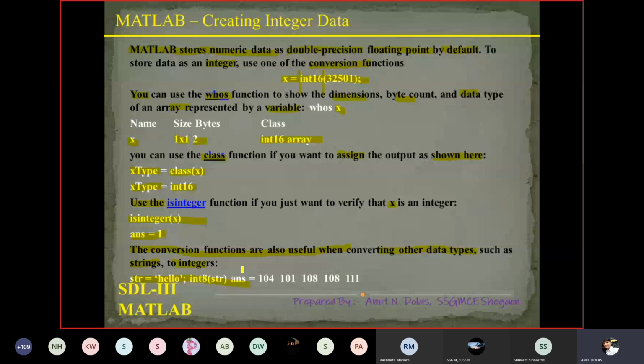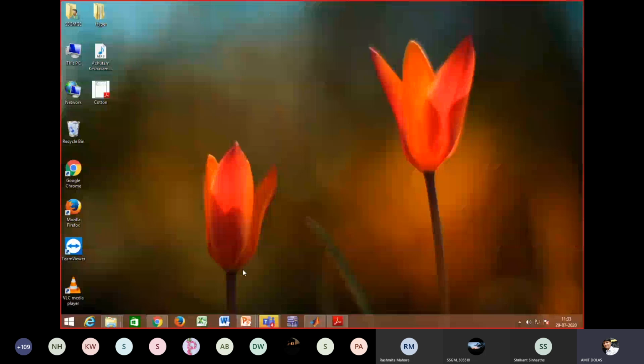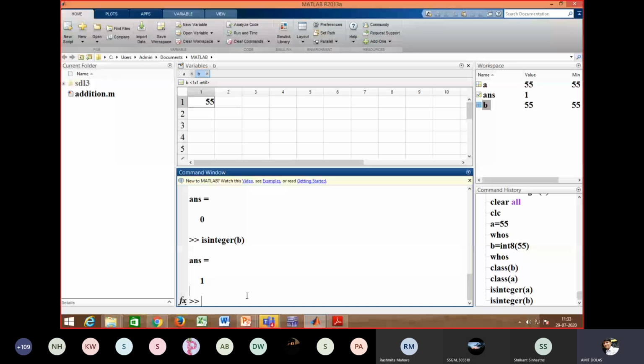So I'll go back to MATLAB, and here I'll say some new variable, say n is equal to any word, say the same word I will use, hello. Then n is nothing but a string, and the string has how many characters?